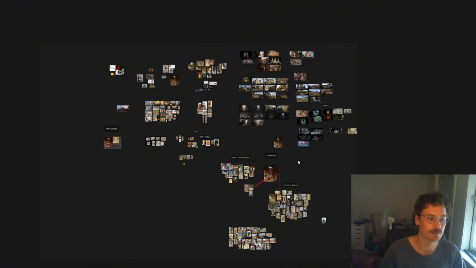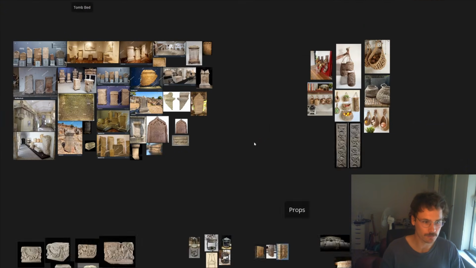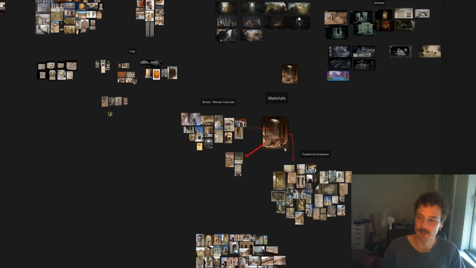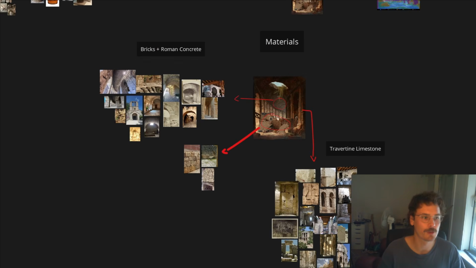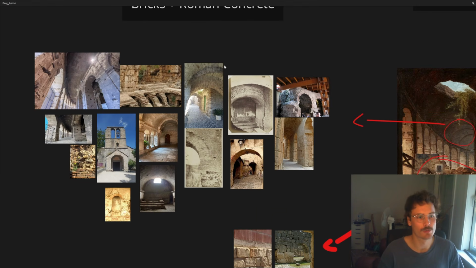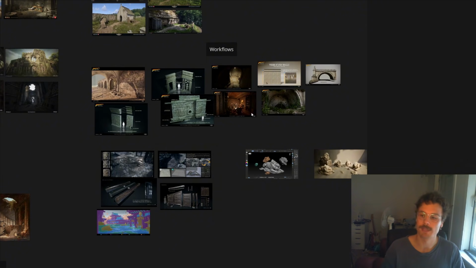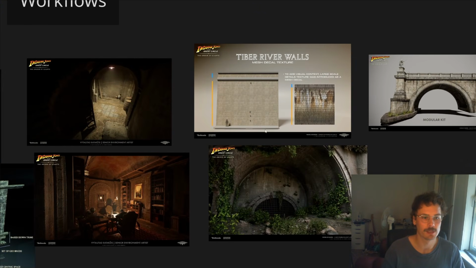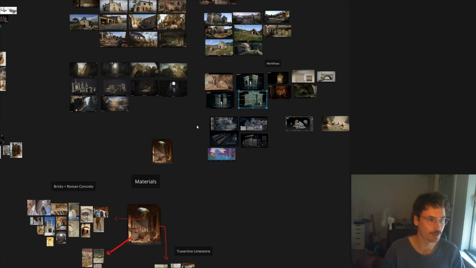This is the reference we added in to the beginning reference. It's a lot more. We have all the props, all the materials that we planned. So travertine limestone, and then the bricks plus the Roman concrete. Here is also some of the research I did, or the reference gathering of other games, how they do stuff. And I learned a bunch of stuff, and I'm gonna use it, and I'm gonna keep looking at it